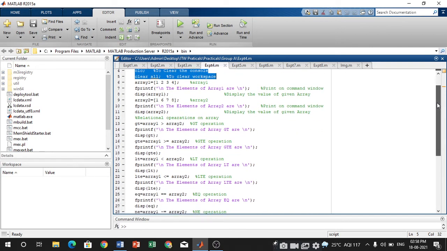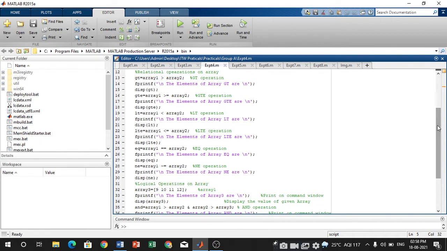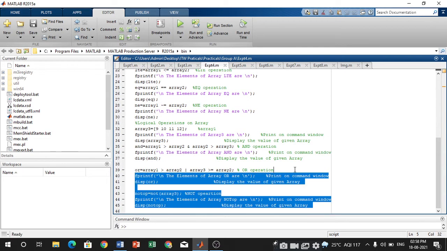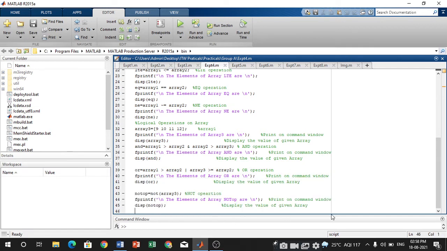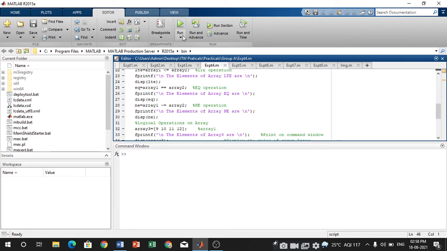Array 1 and array 2 are declared. There are different ways we can perform this, on the console, or with the help of the run or execution operation.